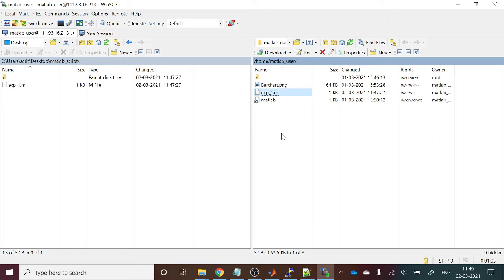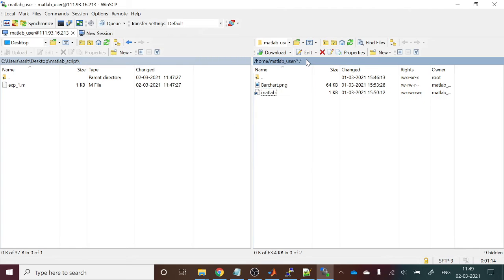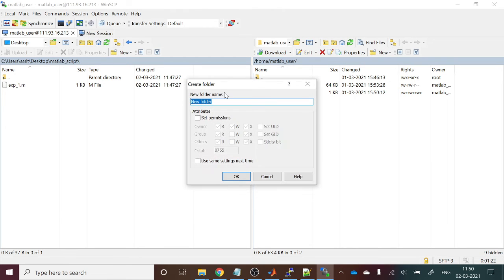As I mentioned, the same username and password is used by all the students, so it is recommended to create a new folder. So I'll just remove it. In the remote computer, first create a new folder with your roll number. Click on New and Directory, because we are creating a new folder, and give your roll number, enrollment number, as the folder name, maybe STU something. Whatever your roll number is, give that, and create the new folder.